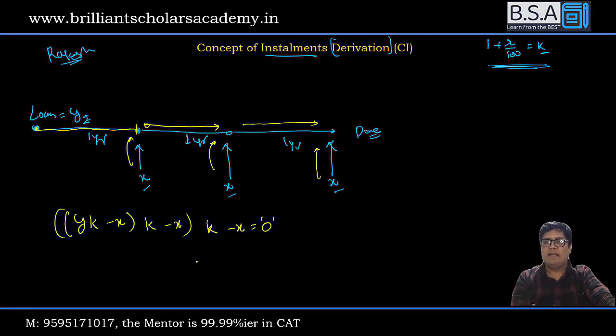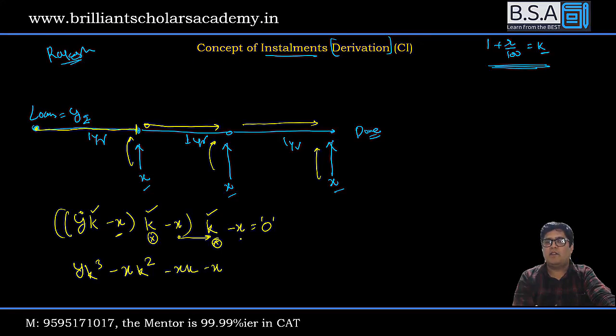So if I open these, please observe. This Y will be multiplied with this, and this. So it will become Y into K cube. This X is multiplied by this K and this K, so this will become X K square. This is multiplied by only 1 K. This is not multiplied anywhere, so it is X. Now if I rearrange this,